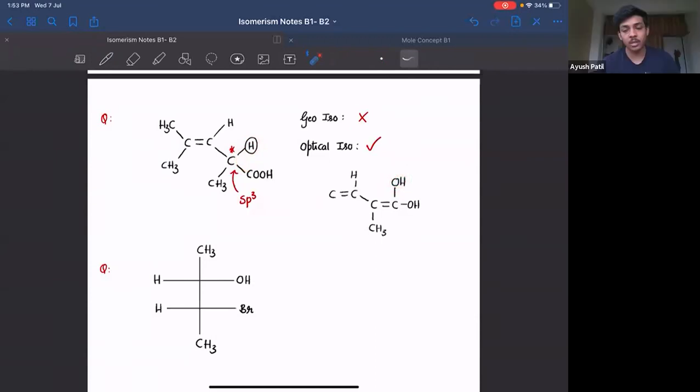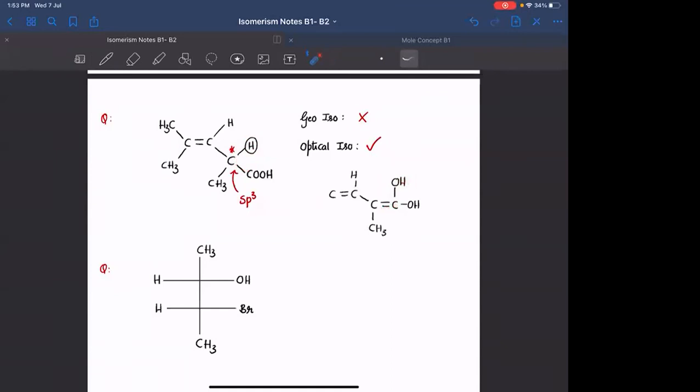Okay, enol. This looks like an enol, absolutely true, but this particular compound is highly unstable. Later we will study a statement: whenever you have two OH groups present on the same carbon atom, it is always highly unstable. You can never have that. Because of that, we will not say it exhibits tautomerism. The most common isomerism it can show is optical isomerism. Moreover, this enol does not have any significant stability.